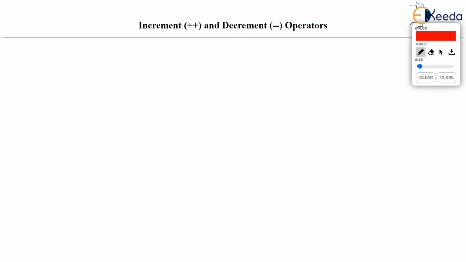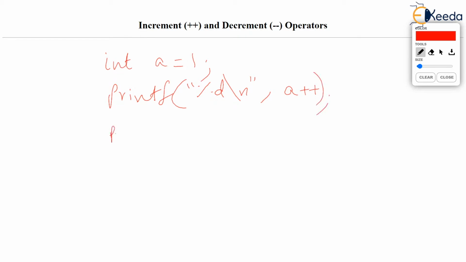Let's say I have int a equal to 1, and then we have given printf percent d backslash n a plus plus. And just out of interest, we have printed in percent %d format backslash n a again.